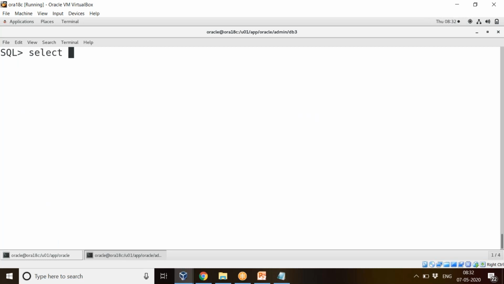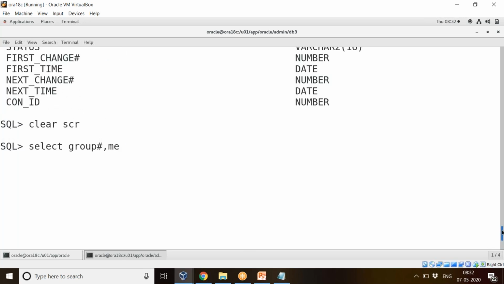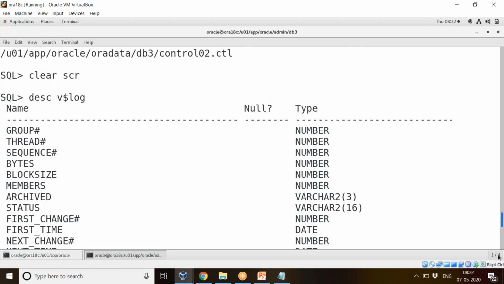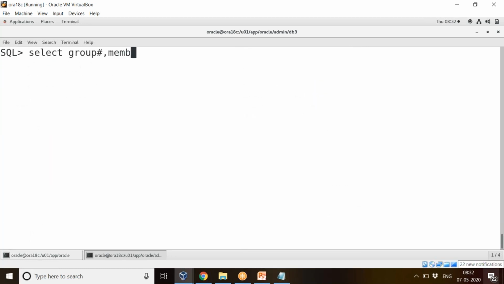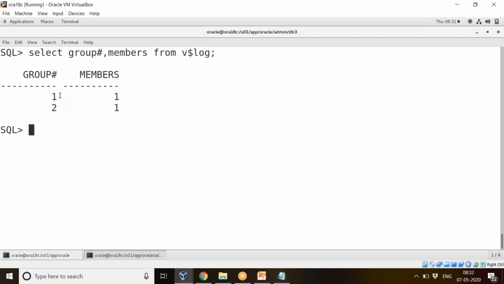So select group number comma members from $v log. So in each group I have totally 2 groups, and each group I have 1 member. Like this you'll get the $v log.